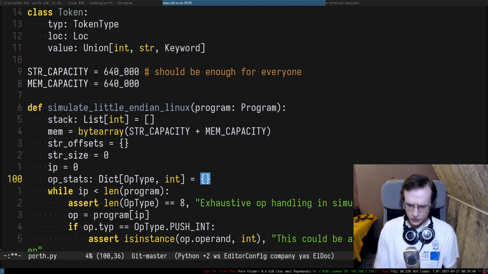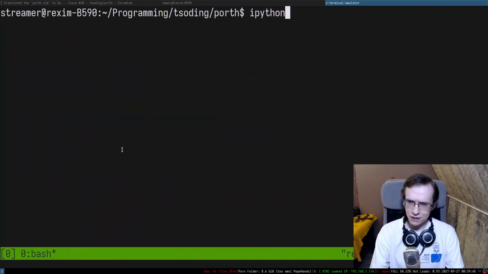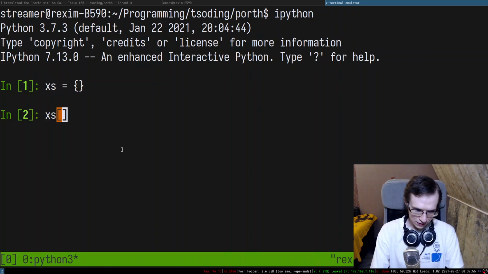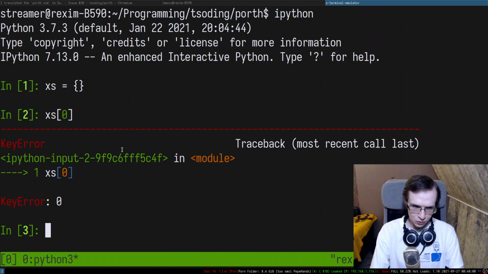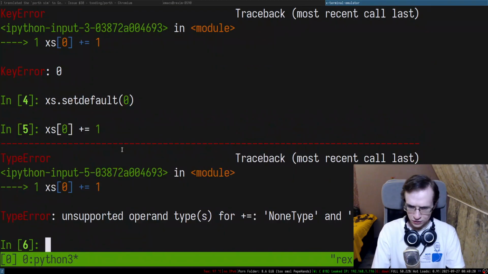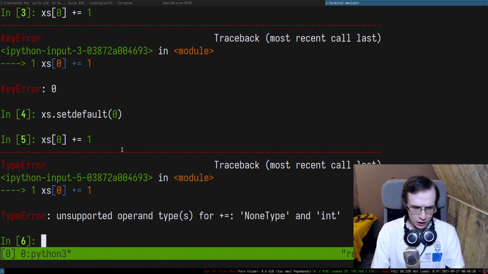So as far as I know, dictionary is not particularly convenient because it doesn't really have a default value, does it? Maybe we can make it have a default value. Maybe we can pre-initialize it with default values or something. So if I have something like this, and if I query something that doesn't exist, it will basically throw an exception. I cannot just do +1 and assume that it's going to be defaulted to 0. Maybe there is a way to do a default. I remember there was something like setdefault, but I don't quite remember how to use that. Can I just set default to 0, right, and then just do +1? Probably doesn't work like this. So luckily,